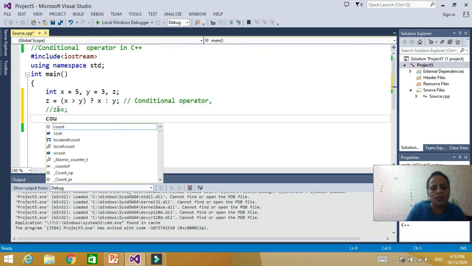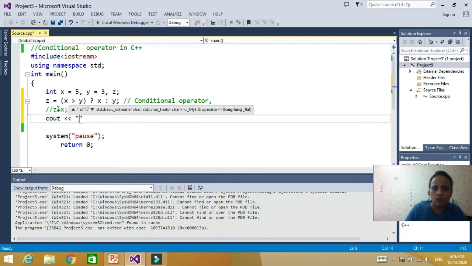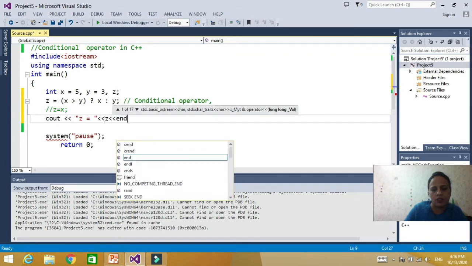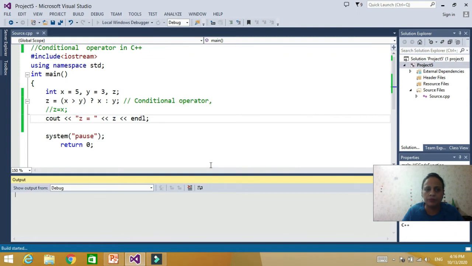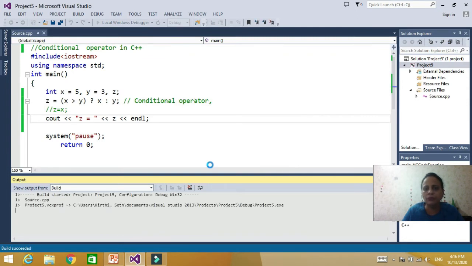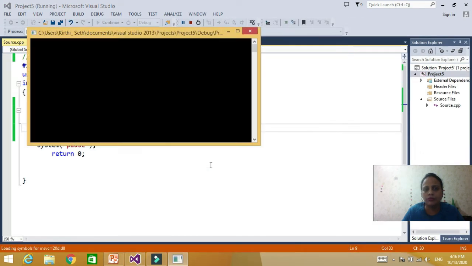Now when we print out z, let's run it. So z should be 5. z is 5.